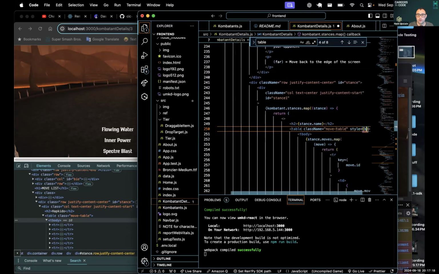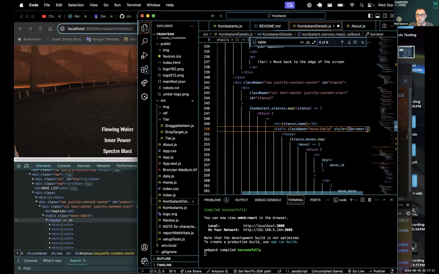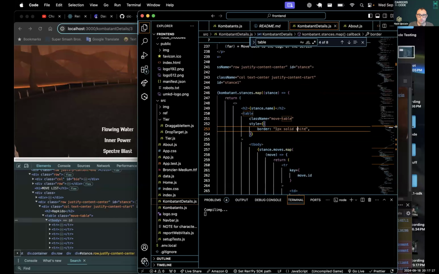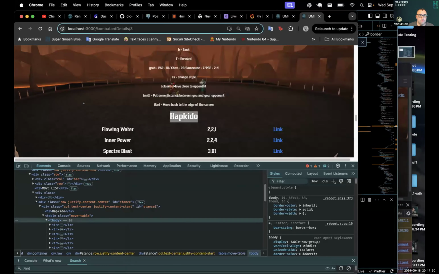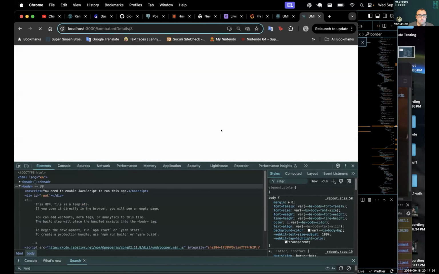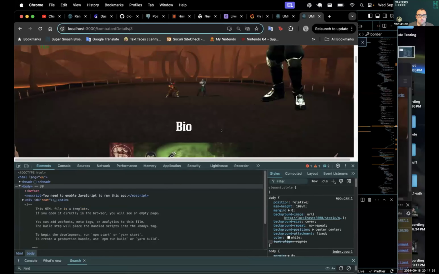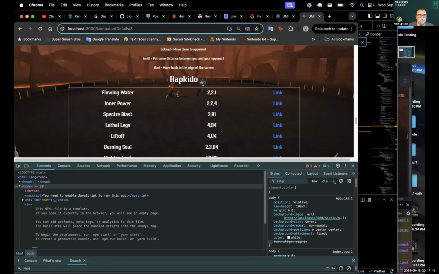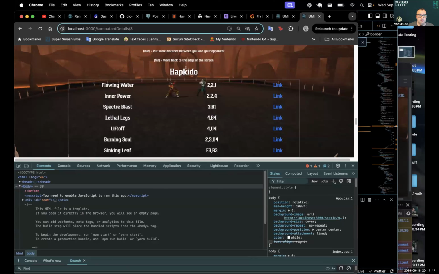So if we do border, yeah, it doesn't look like it's not centered, because we can see where the edges of the table actually are. So what we could do to fix that...